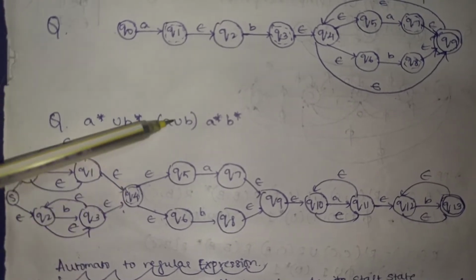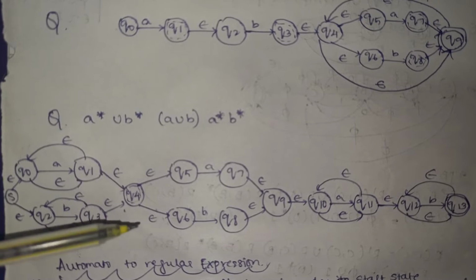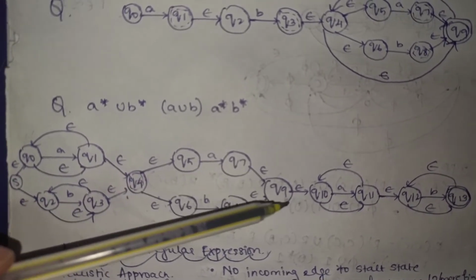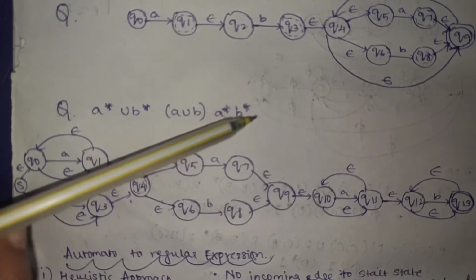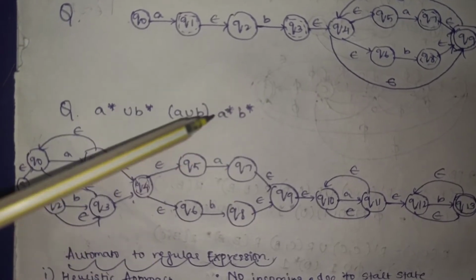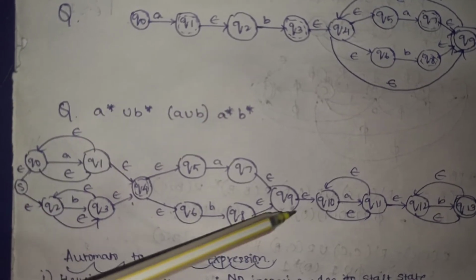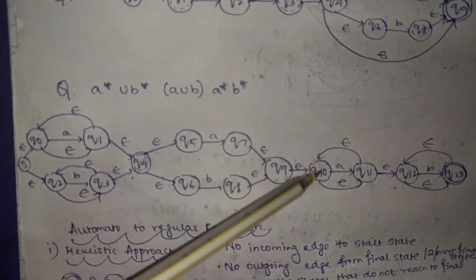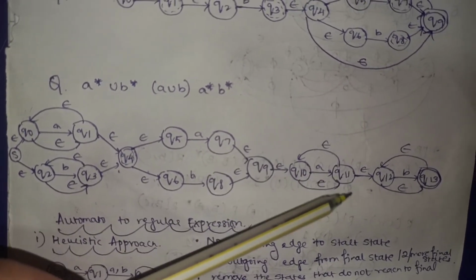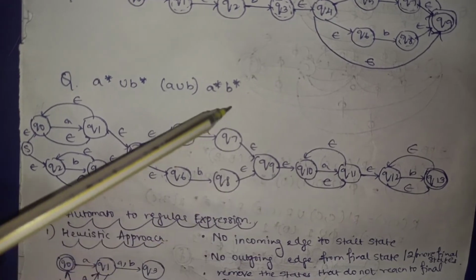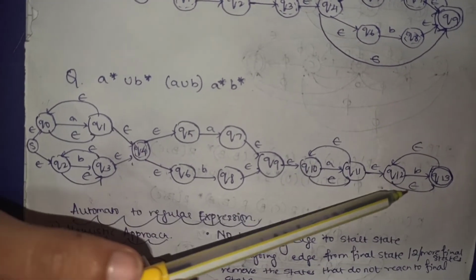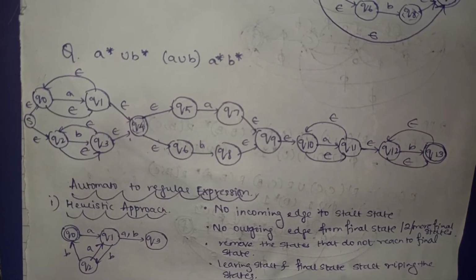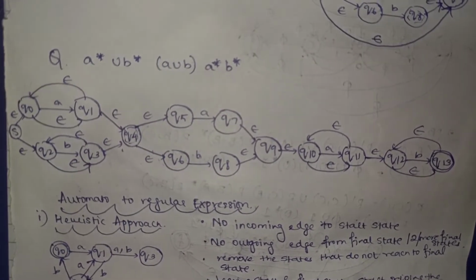After this you have a union b. As you did in the earlier problem, epsilon to either a or b, then you have epsilon, then you have an intermediate final state again, then you have a star b star. This is a concatenation with Kleene star. For concatenation, as we said, we need to have an epsilon transition. So epsilon, then you have a state, then you have a, then star, that means an epsilon transition here, then you have again an epsilon because it is in concatenation, then you have another state, then you have b, then you have epsilon transitions because it is star again. So that is how you convert a regular expression into automata.